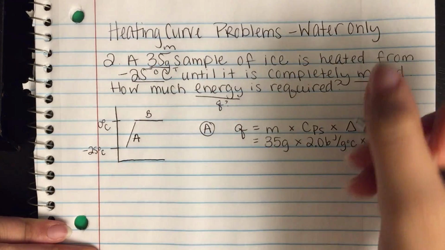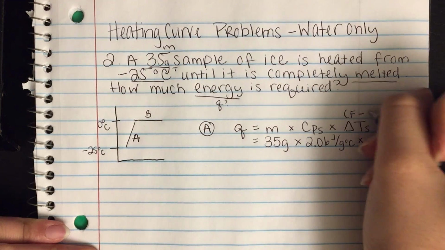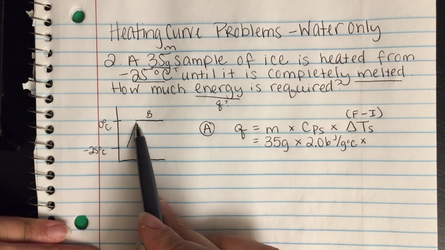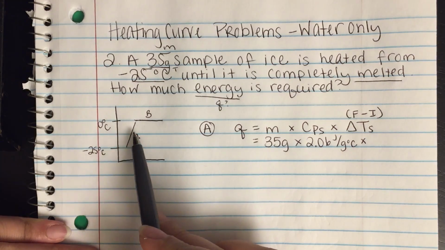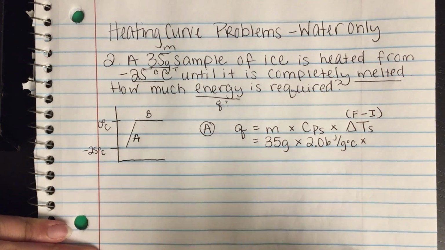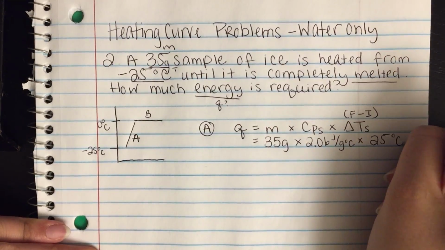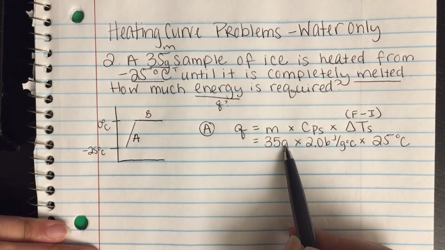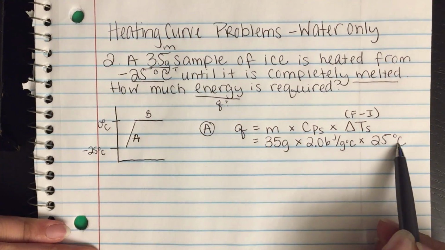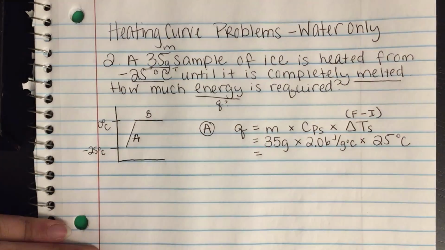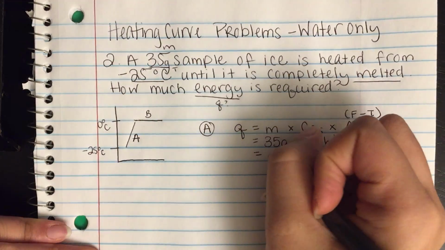And then change in temperature, remember, is final minus initial. So my final temperature is 0. My initial is negative 25. So 0 minus negative 25 is a change of 25 degrees Celsius. I write the units because you can see grams gets canceled, Celsius gets canceled, so you'll be just left with joules. And our answer here is